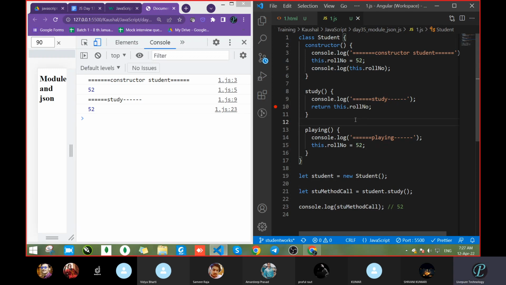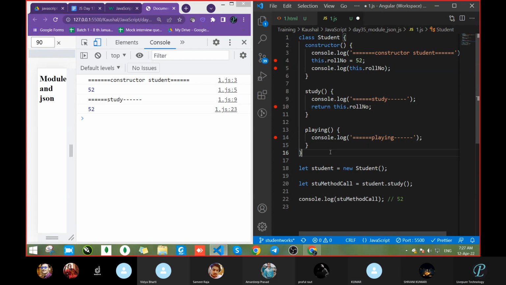Okay. So now see line number 4, it gave 52 because the roll number is there. Line number 5 got the value 52, and the same value it received in line number 10 also. The same variable value was passed to line number 5 and line number 10. Sorry, here they already have the value. Remove this, that's not required because we had not called it. Okay. Now what I will do,